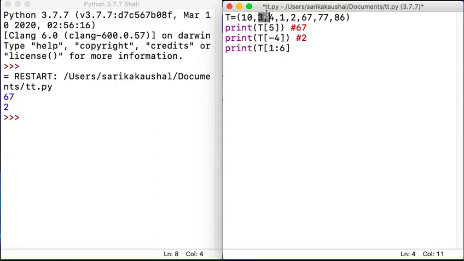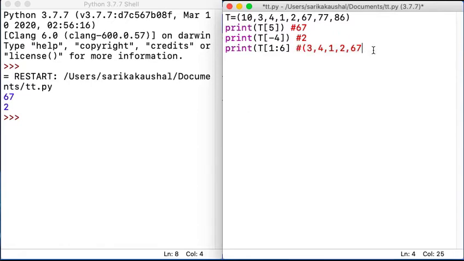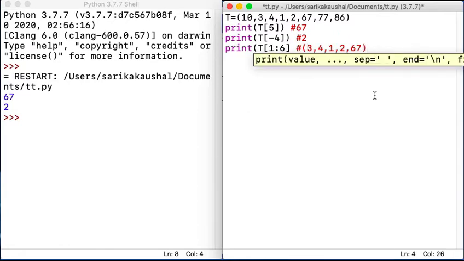So this is 1, 2, 3, 4, 5. The answer will be displayed in the form of a tuple.